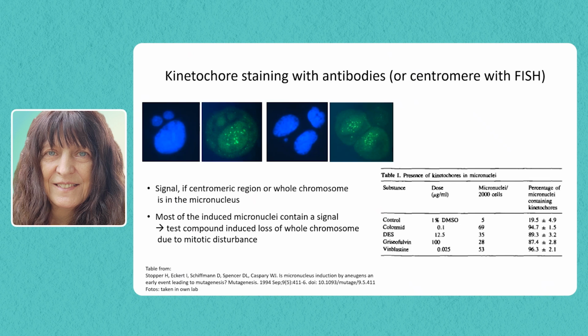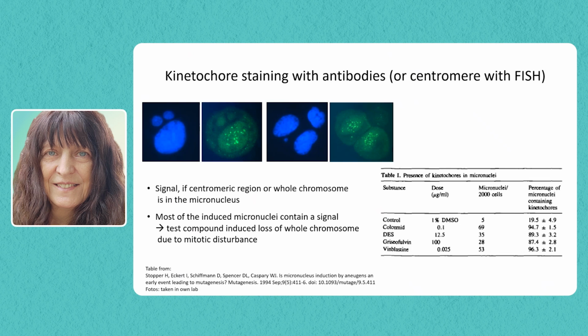Here's an example for that, what it might look like data-wise. You can treat with mitotic spindle disturbing compounds, for example, colcemid, diethylstilbestrol, a synthetic estrogen, which causes spindle disturbance, griseofulvin and vinblastine, two more spindle disturbing substances. And you can see that you get micronucleus induction. And if you only look at the micronuclei and look how many of them have a kinetochore signal, you can see that you have over 80%, in some cases over 90% positive micronuclei,